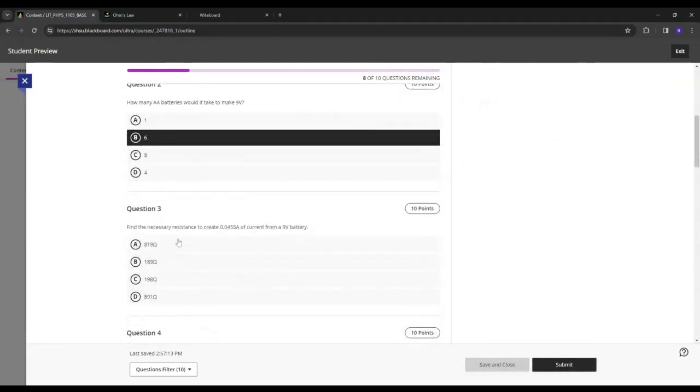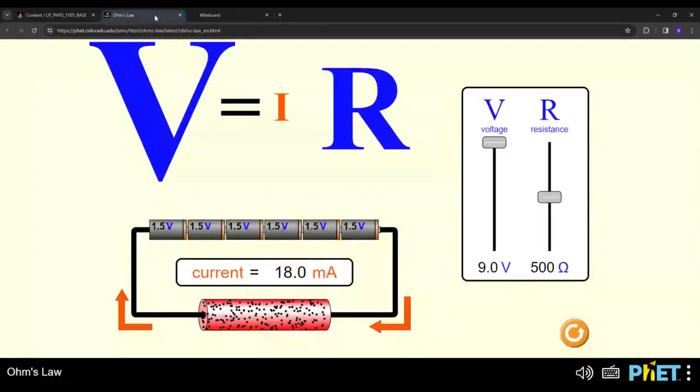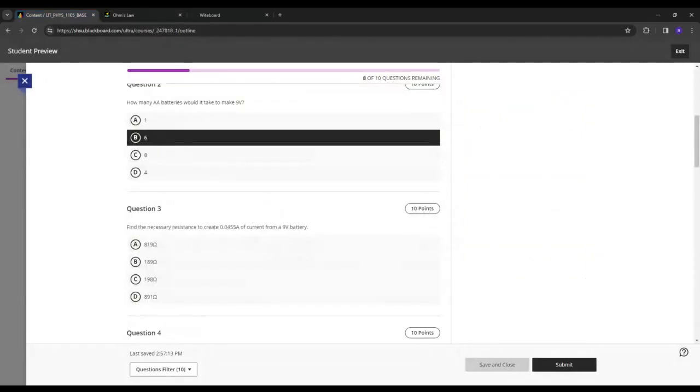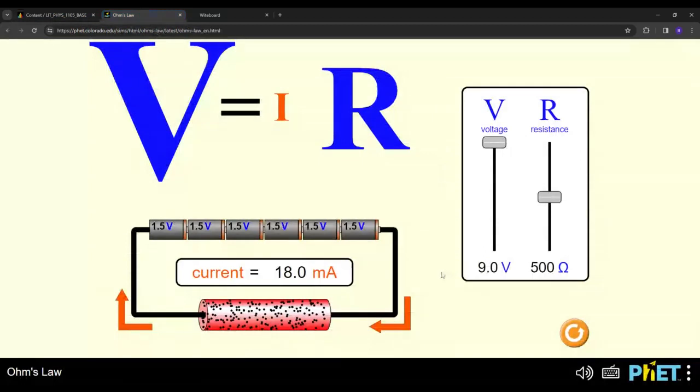Okay, and then I want to find the resistance that's going to cause a certain amount of current with a 9-volt battery. So if I had a 9-volt battery, it would work the same as these 6 1.5-volt batteries that are in series. They're all touching in a line. So it just would simplify the picture, I suppose, if I had an actual 9-volt battery. Okay, and I want to make 0.0455 amps, which may seem like a much smaller number than what's here, but you need to remember and